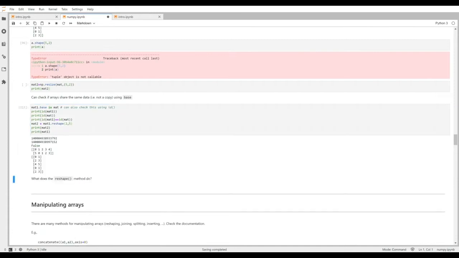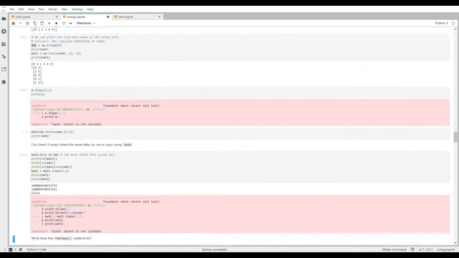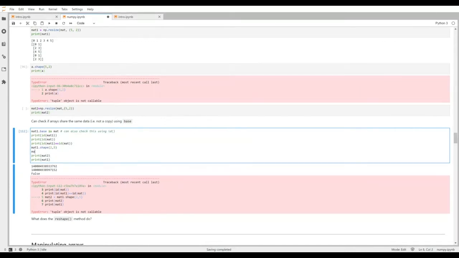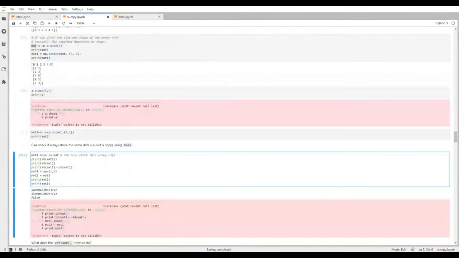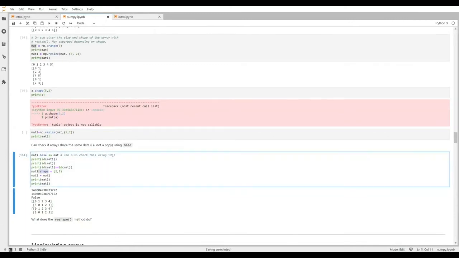If I reshape it the other way around, we can see that mat2 then becomes a reshape of mat1, whereas we could do the same thing by going mat1 shape, sorry, just remembering my context here. So the shape attribute